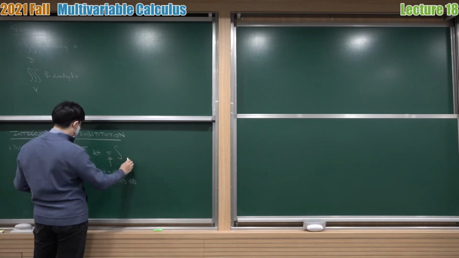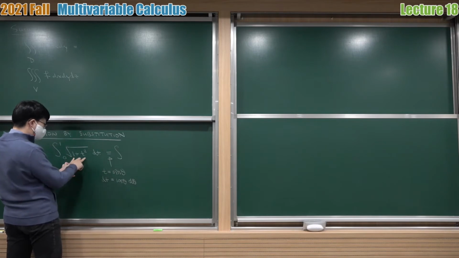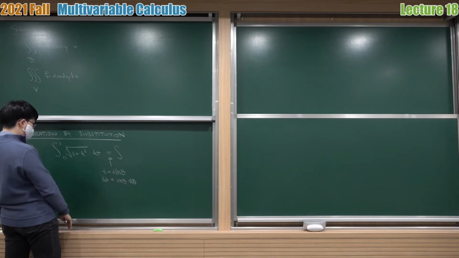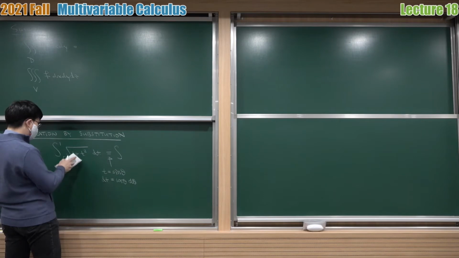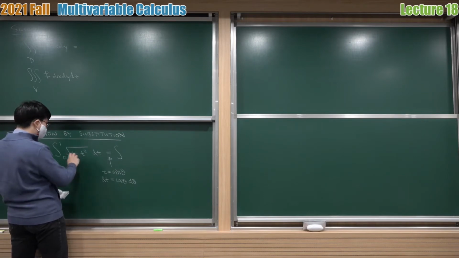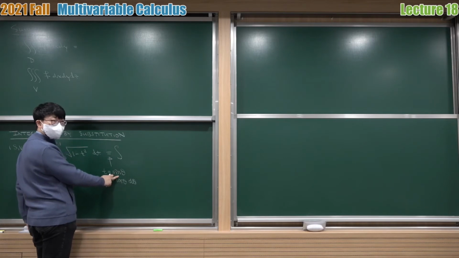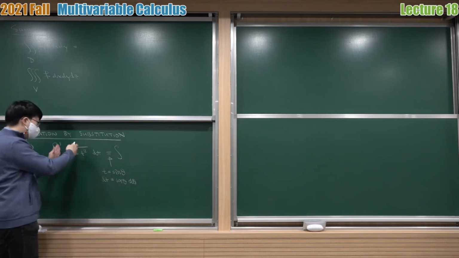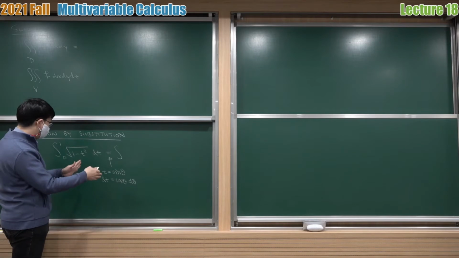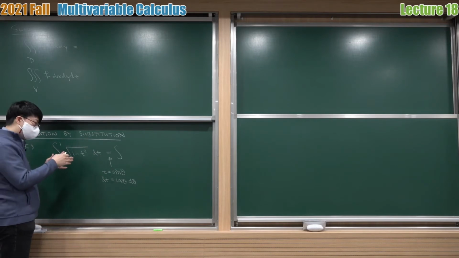And when you do that, you have 1 minus sine squared, which is cosine squared, but you have a square root of cosine squared, so it could be a plus or minus, but